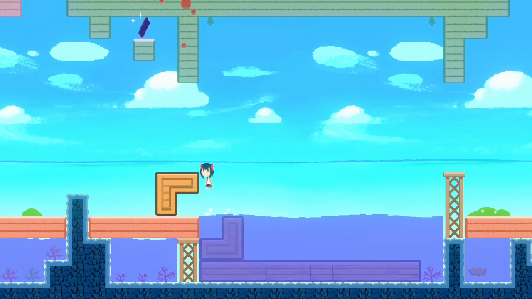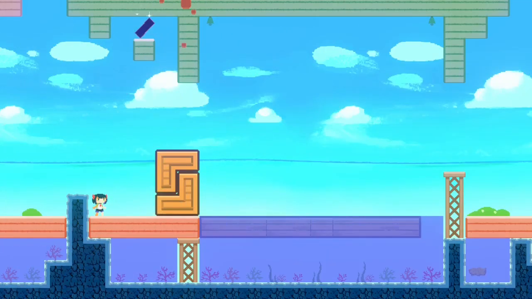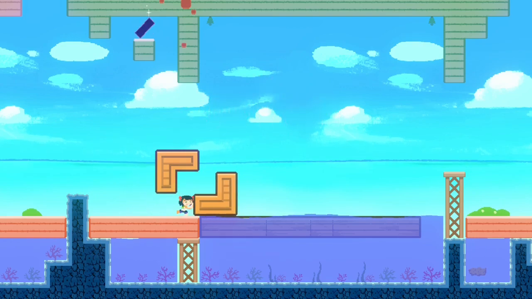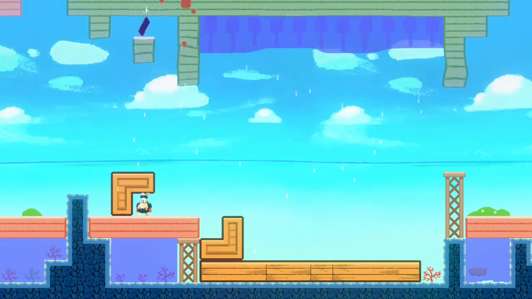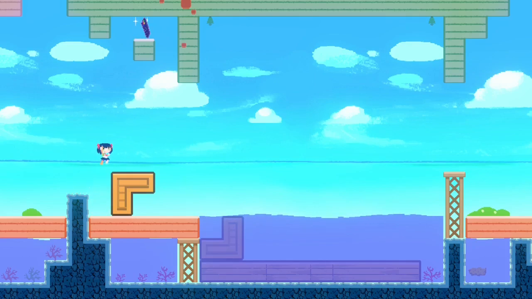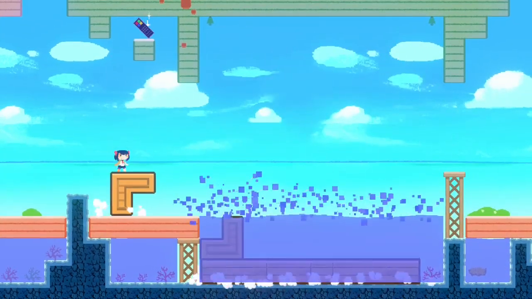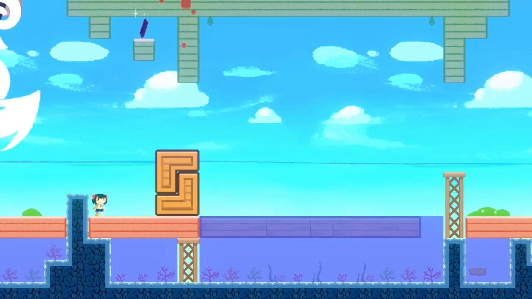I don't think that was the right move there. Okay, I at least need to get on top of one of these pieces to make it so I can go upward. And that's the solution to the... No, that's not the solution, so I can't jump off it. I need the other one. Either way...